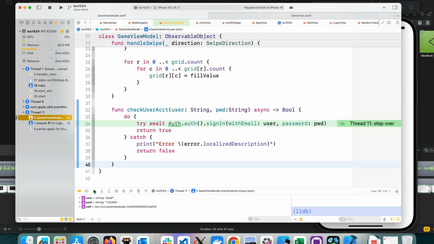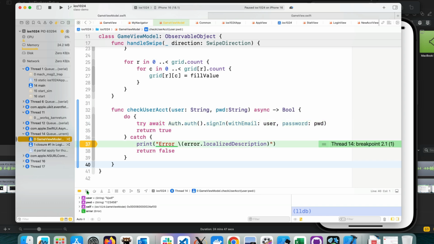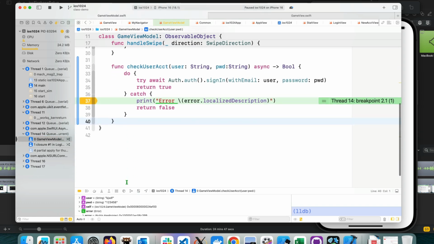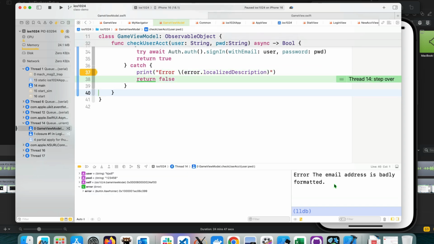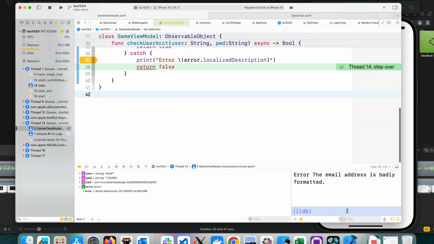Then it will go here, and it will call the user, and let me place a breakpoint there. If I resume, because we know the user is not registered, you can see the error local description printed here. Error, the email address is badly formatted, because again, I'm not using the correct email. Okay, but if I resume,